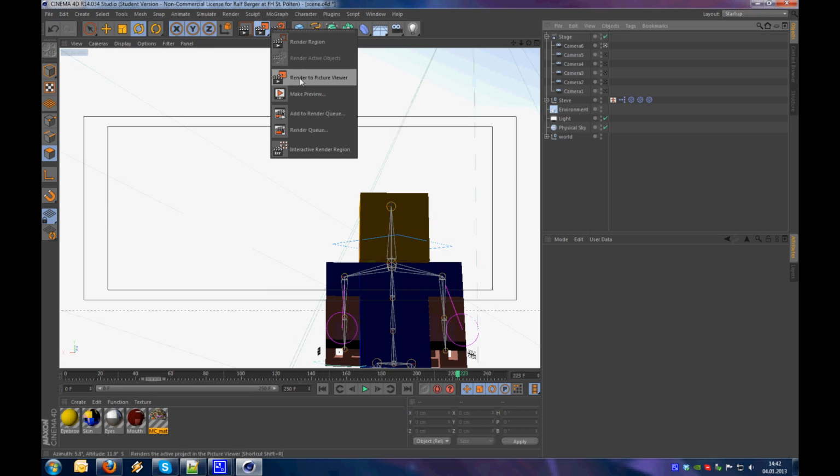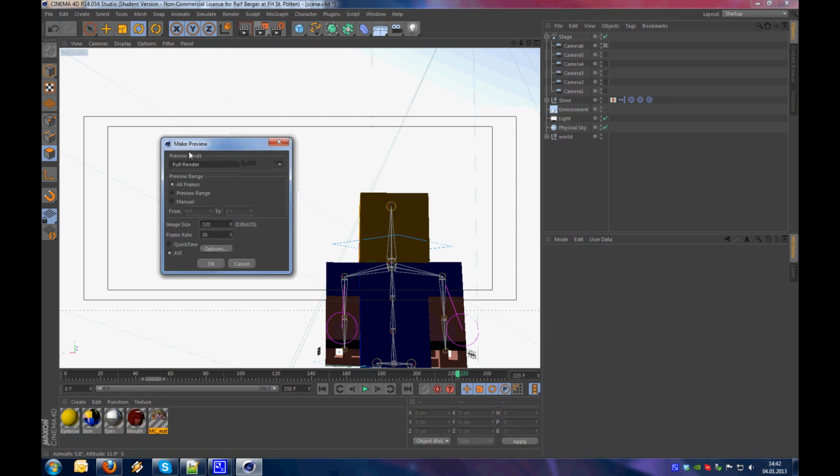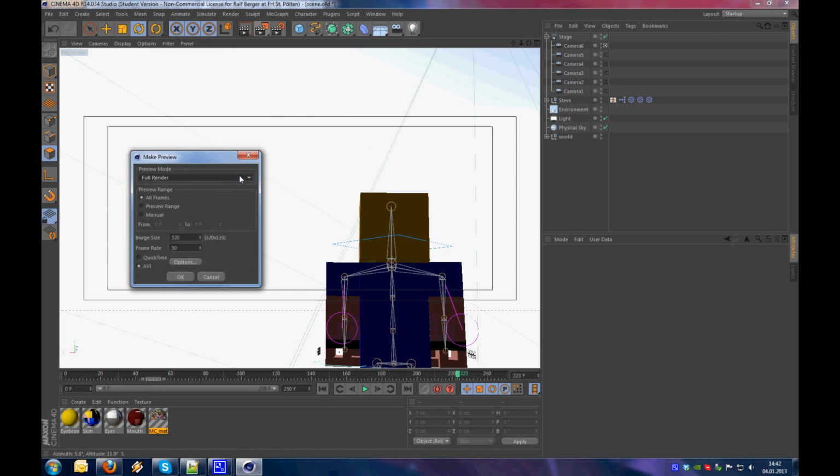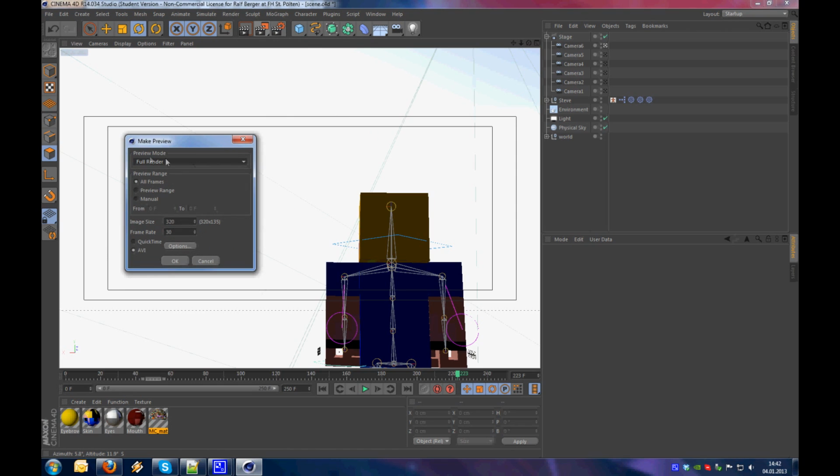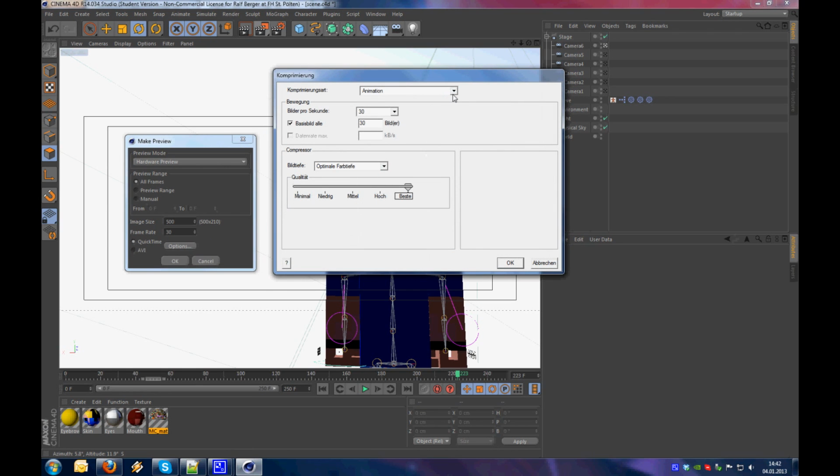So if you go on render settings and make preview, you can go to preview mode, say hardware preview, and now you can adjust if you want all frames and how big it should be. Of course, the bigger it is, the longer it will take, but normally making a preview really does not take a lot of time. I will say 500 and I will use the QuickTime format, and under options I will